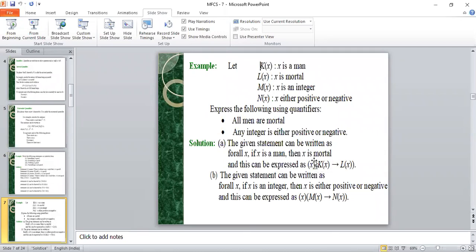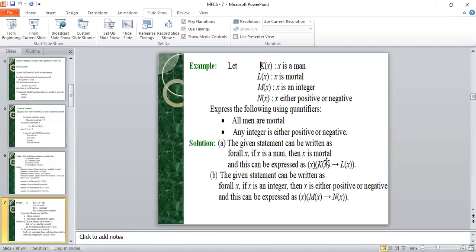So for all x ni symbol తోటి denote చేస్తామండి, లేకపోతే parenthesis లో ఆ x రాస్తాం. ఇది కూడా for all x ని రెఫర్ చేస్తుంది. ఓకేనా? For all x, k of x, implication L of x. For all x, if x is a man, then x is mortal. Man అయిన ప్రతి ఒక్కరు mortal అవుతారు. అదే కదా ఇక్కడ మీనింగ్, x is a man, x is mortal. ఇక్కడ ప్రిడికేట్స్ ఇచ్చారు. సో ఇఫ్ x is a man అయితే x అనేవాడు ఏమవుతాడు? mortal అవుతాడు. అక్కడ x అనేది ఏంటి? ఇక్కడ x is a man, then x is mortal.